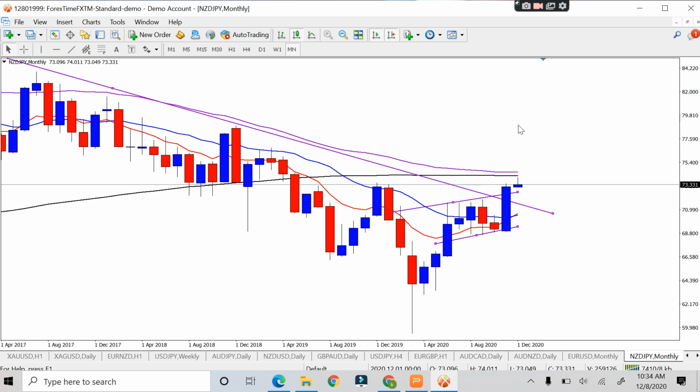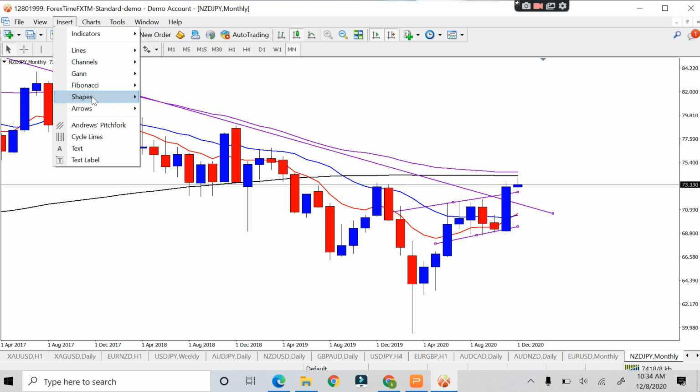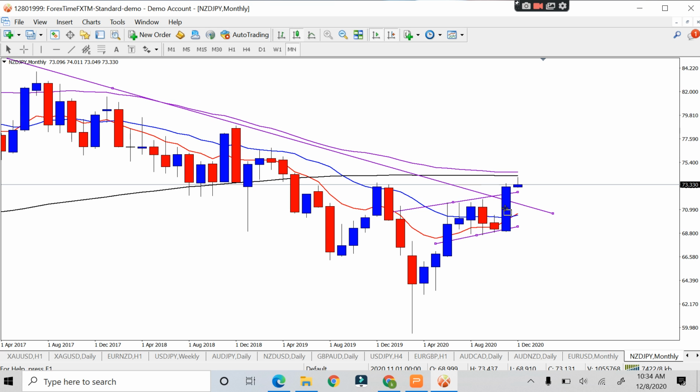You can see on the monthly the 10 moving average at this point, let me put a shape there so that we can see clearly. This time around, I'm going to put a rectangle. You can find out here,